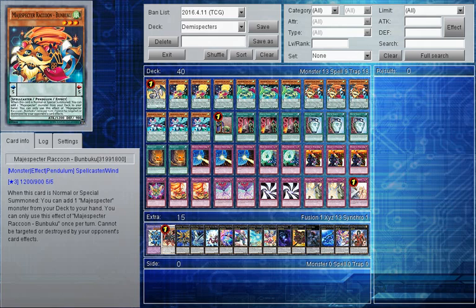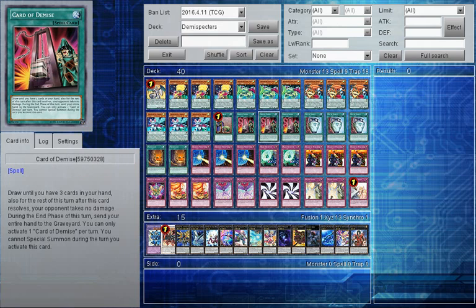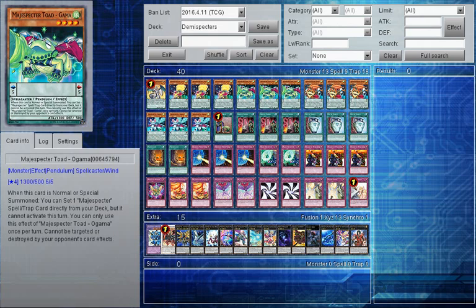So this is the deck I've been playing on my channel for the last week and a half now. It's a really fun deck. I've had a decent amount of testing with this. It's fun to do and play. You can have quite decent synergy with Card of Demise. It can run lovely floodgates. It gets its own searchable traps. What's not to love? The only downside to this deck so far I've seen is the fact that we have